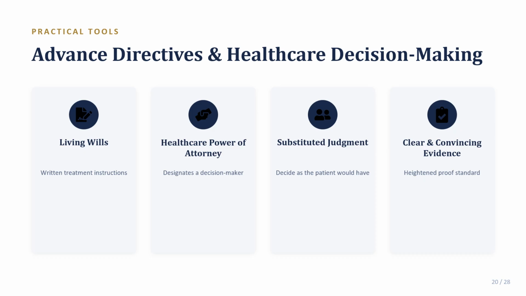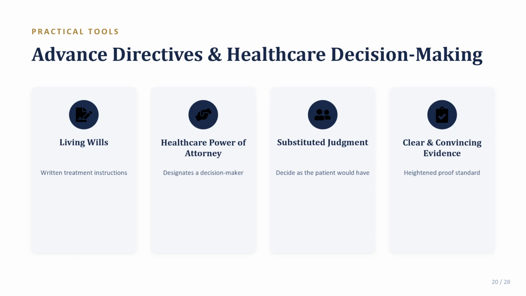Because these exact tools are the kinds of documents that you would be working with in estate planning or healthcare practice, I want to talk about them a little bit more. So, a living will is a written document that contains specific treatment instructions. It's going to state, in advance, what medical interventions a person does or does not want under specified future circumstances, most commonly your end of life circumstances involving terminal illness or permanent unconsciousness.